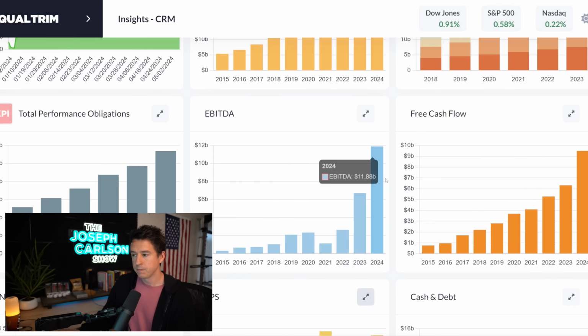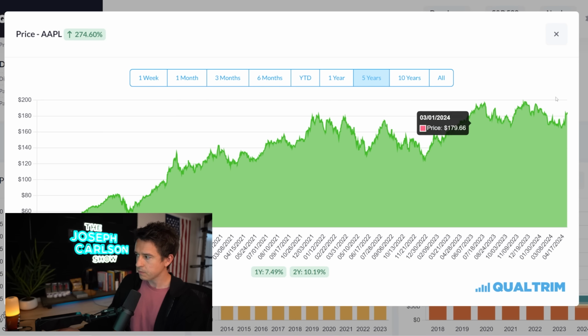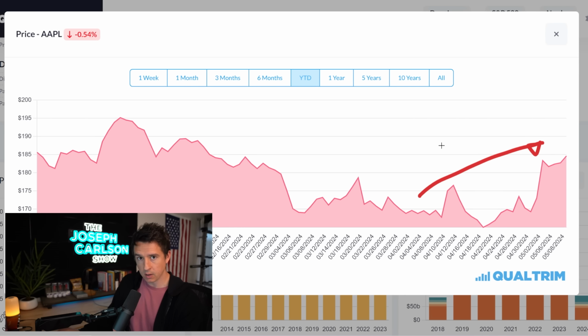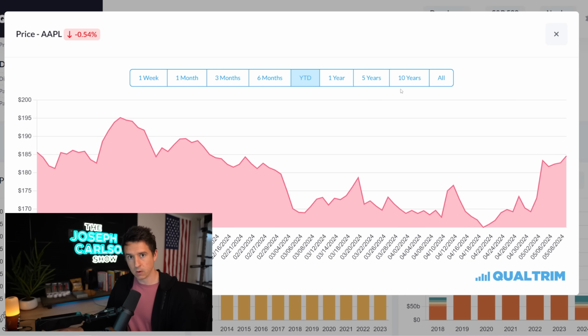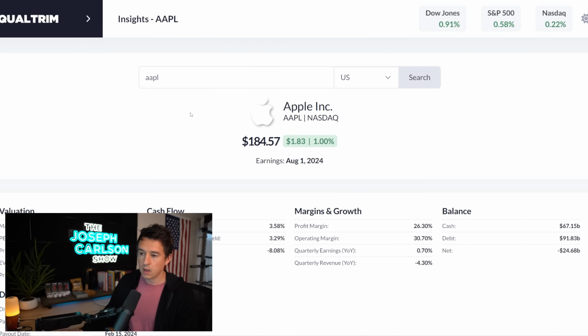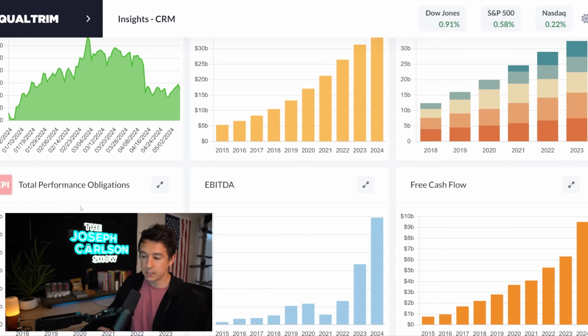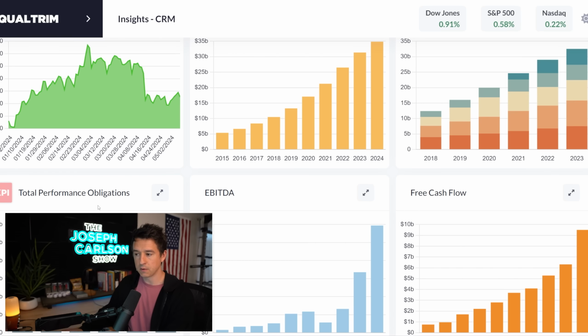It's very similar to what Apple's doing, right? Apple went through a dip, they're going through a dip right now, a small one. But if we look year to date, it went from 195 down to 170. And then Apple's like, hey, we're just going to buy back $110 billion worth of shares. Well, think about that. If they're using that money to buy back the stock, the cheaper the stock is, the more effective these buybacks are. And the faster their earnings per share grow, the faster their free cash flow per share grows. So for a company that can do a lot of buybacks, it's actually advantageous if it has a cheaper stock price, because they can do it so much more effectively.